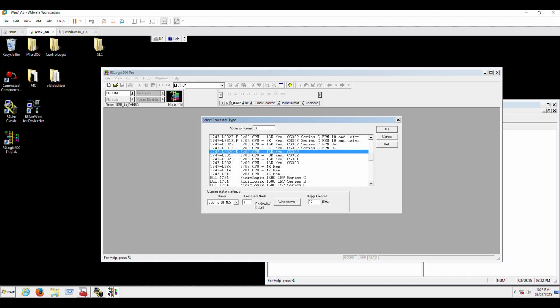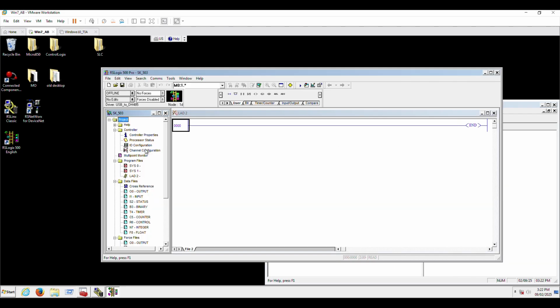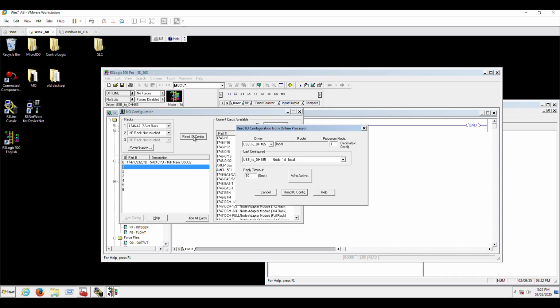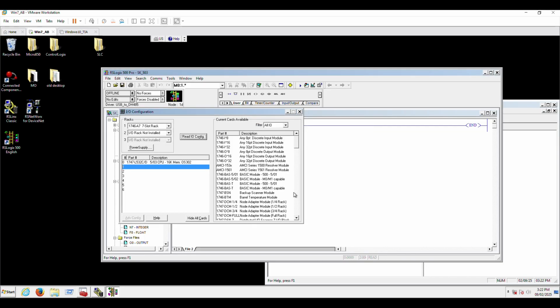Now, in order to get everything going, in theory, you should have a backup of the software that's running on your processor. In my case, I don't, so I'm creating everything from scratch. Basically, I've stated what my processor is, how many slots are in my rack, and I got the software to read the